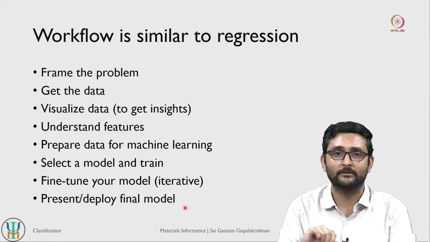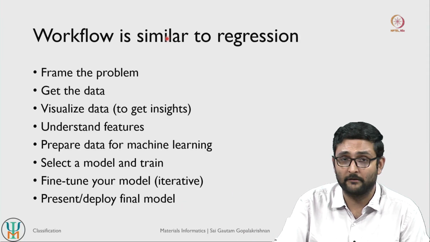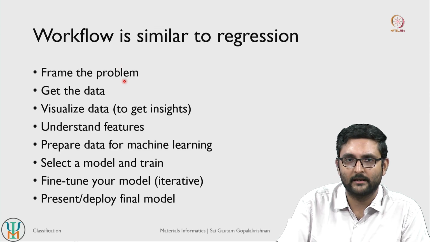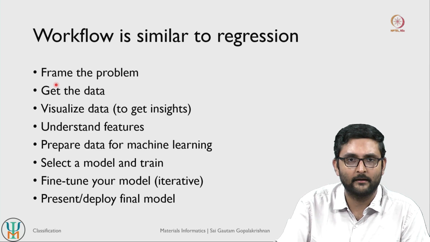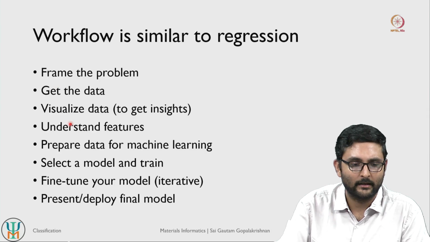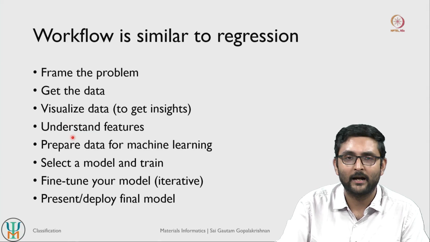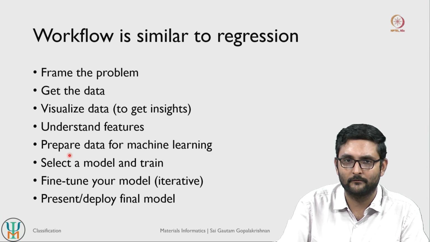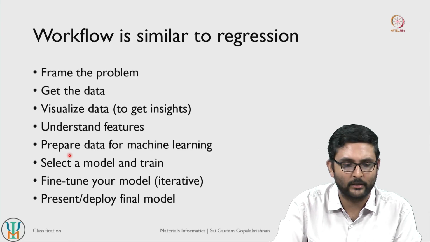Okay. So how is a classical classification workflow compared to regression? The workflow is actually quite similar. So first of all, you frame the problem just like we did in our regression exercise. We wanted to predict housing prices, so similarly you frame the problem here, and then second almost always is getting the data, and the third is we want to visualize the data, understand how the data looks like, understand some of the features associated with that data, and then we have to do some preparation, pre-processing, right. So that could be cleanup, standardization and so on.